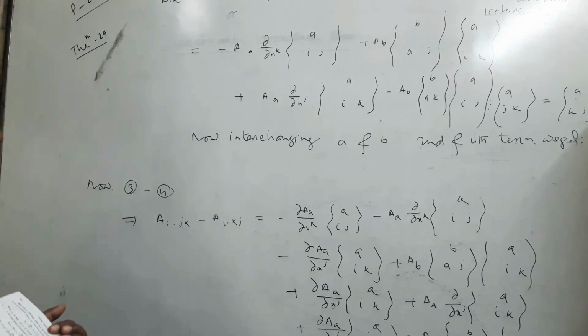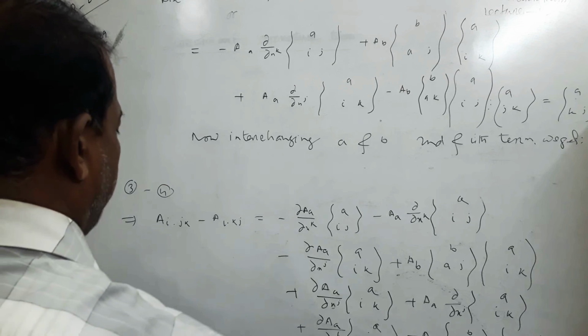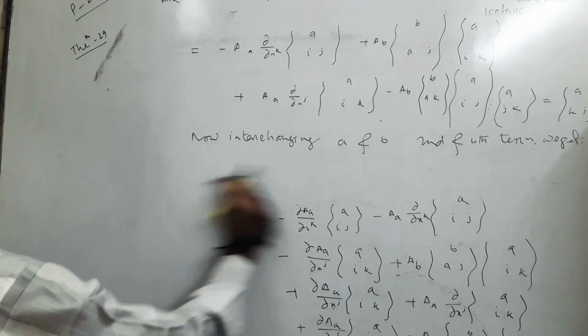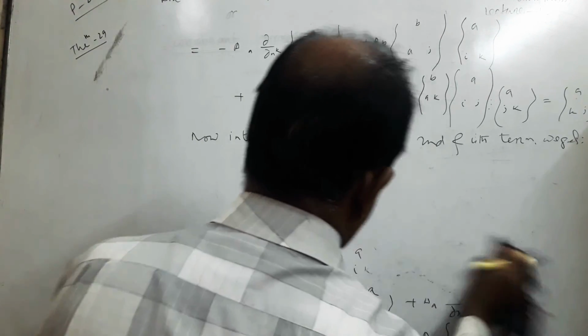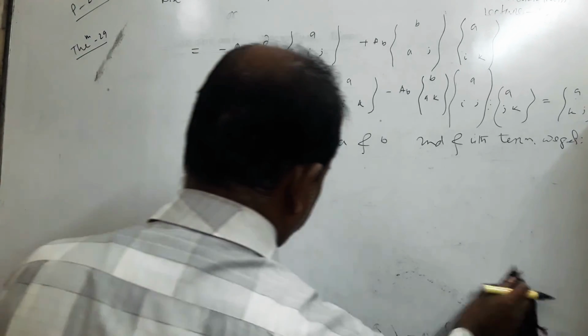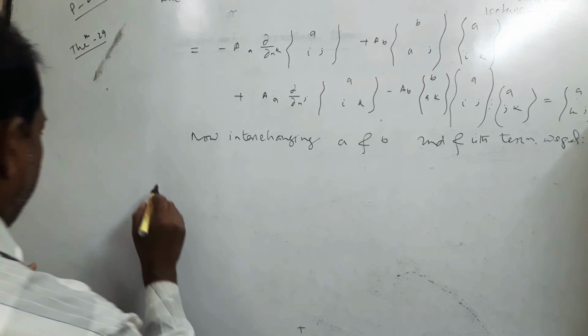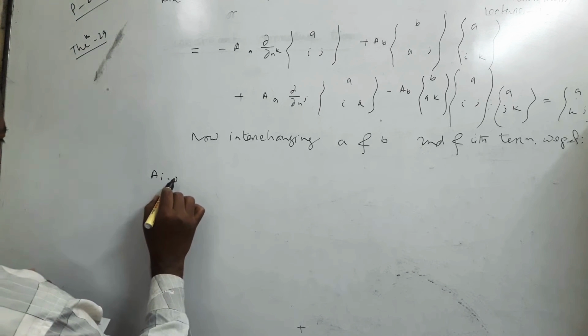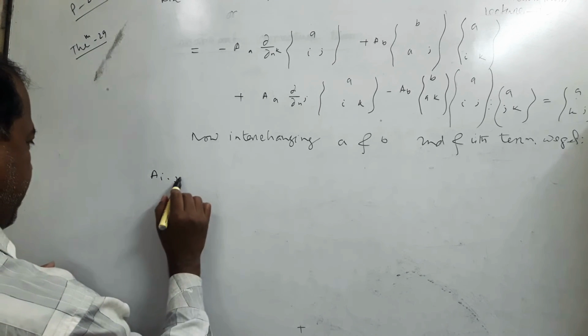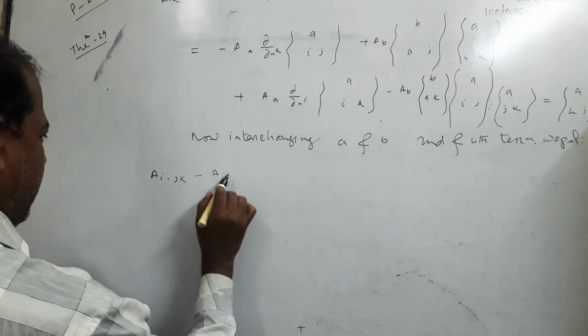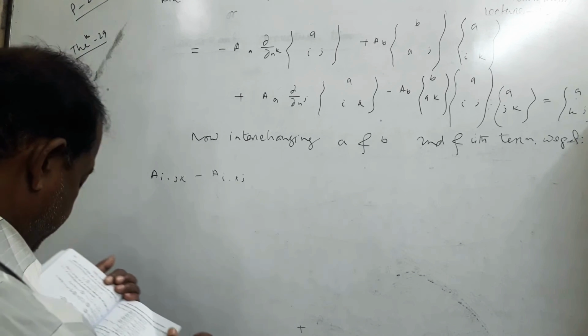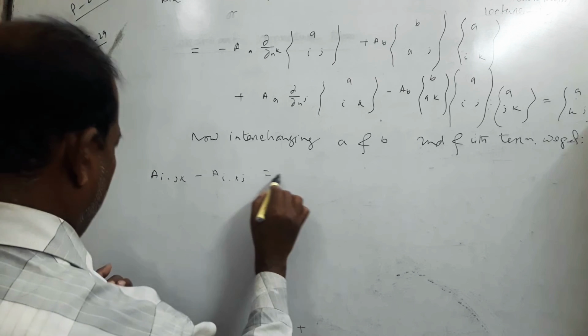Okay, this is the main equation that is approved, nearly that a I k j k minus a k j equal to